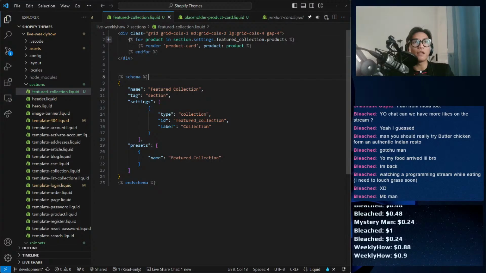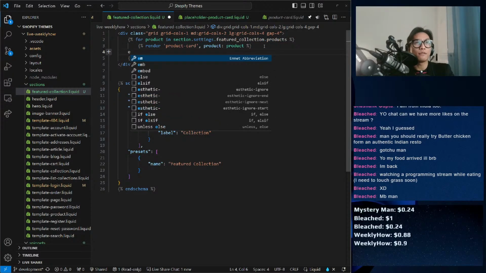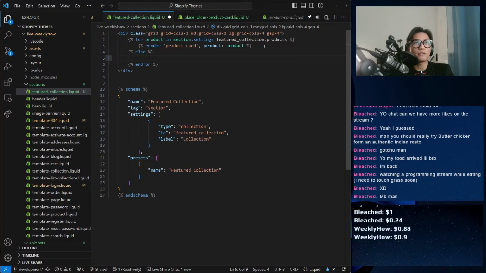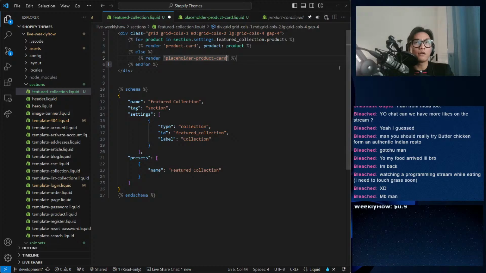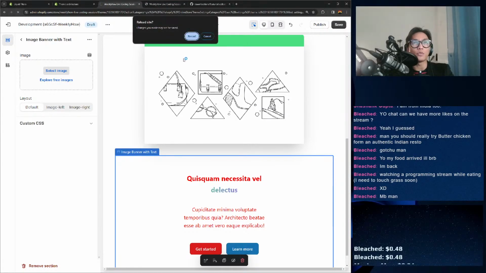And instead of doing it like this, we can use between that and else and render that placeholder snippet file. So placeholder product card. And you don't need to pass any variable like this. It should be fine. Now if we go back to our theme editor,